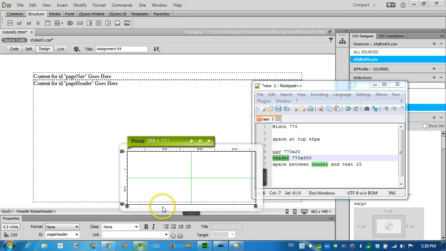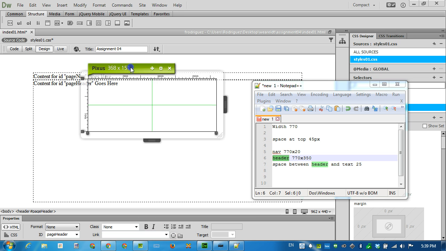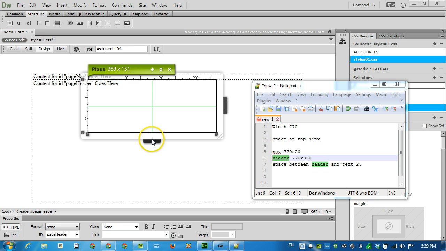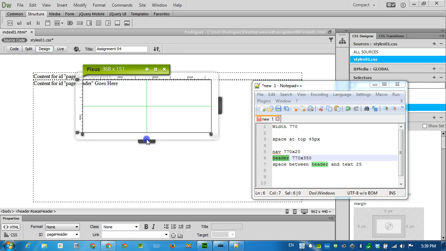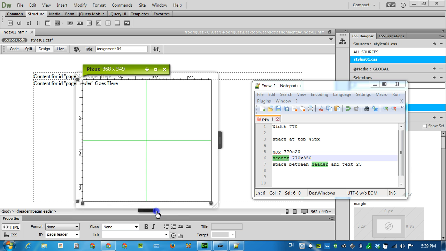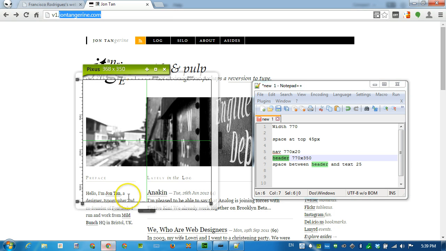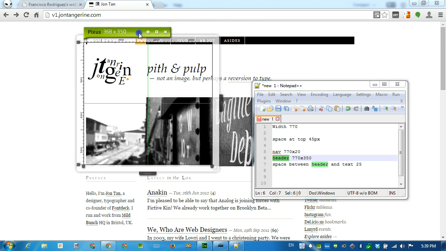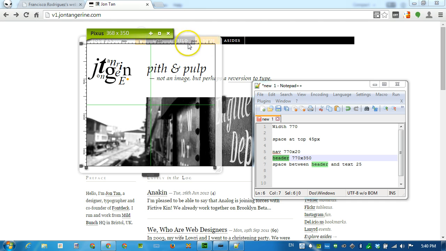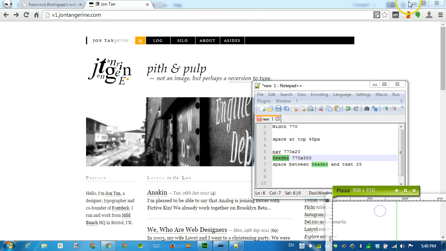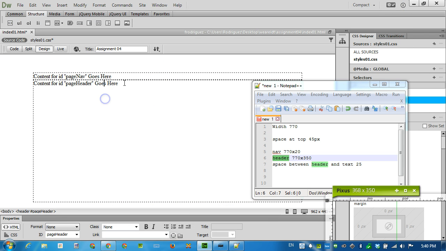However, if I get the pixels back up, I can measure from top to bottom and see that I have about 350 pixels, and that is pretty much the same size as this one. It's just positioned a little bit different on the page, but it goes from the top, actually the bottom of the navigation bar, to the bottom of the original picture. Move this out of the way. And so now we have our navigation, we have our space on top, and we have the page header also